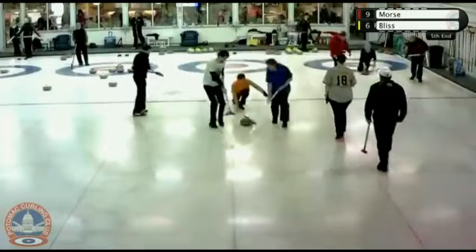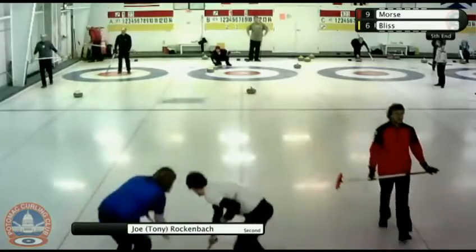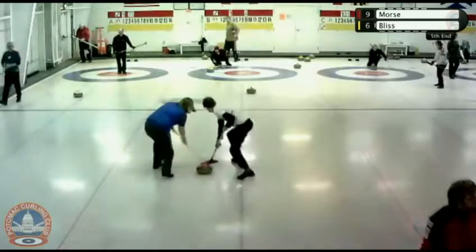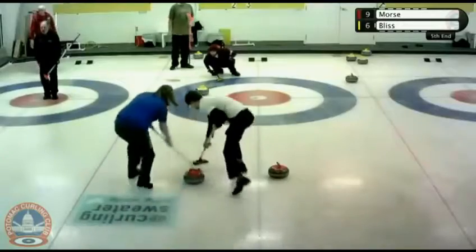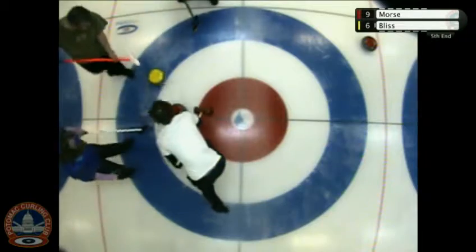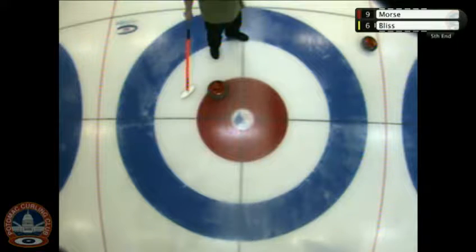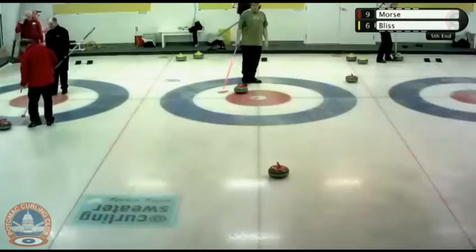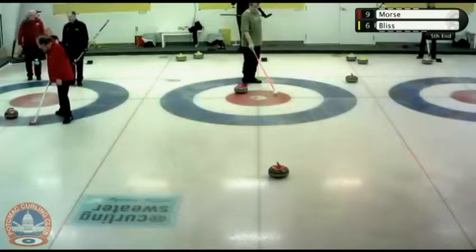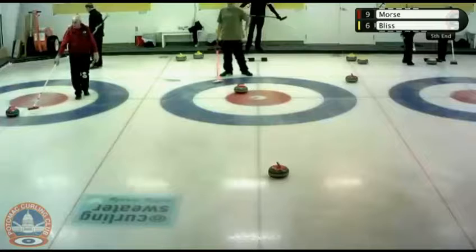Joe Rockenbach's rock. He is curling from the inside out, trying to hit the yellow rock that's in the house. It's going to hit it on the inside, go a little bit to the other side, and stop right there on the back of the 4-foot. Still very easy to hit, very exposed, and possibly trying to drag